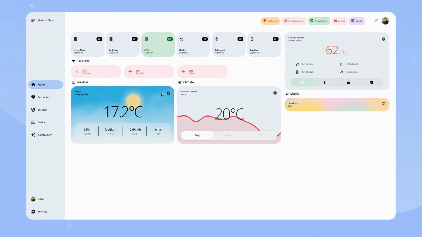Today I have something special for you, a full tour of my brand new material clean dashboard. With this one I wanted to challenge myself a little bit. My last dashboard was dark theme first, so this time I went light theme first. And I wanted to keep it really clean and simple, not as bloated as my last one and much easier